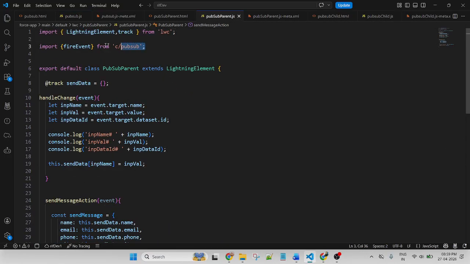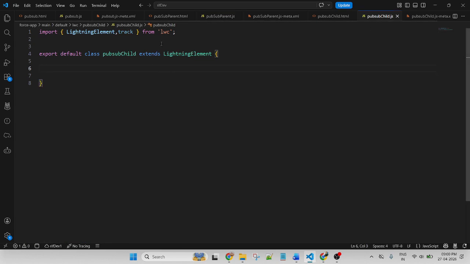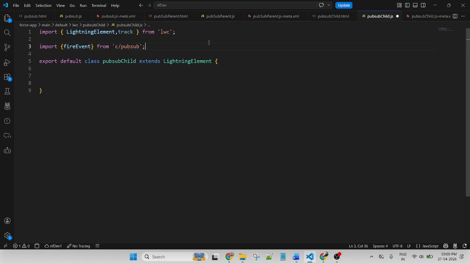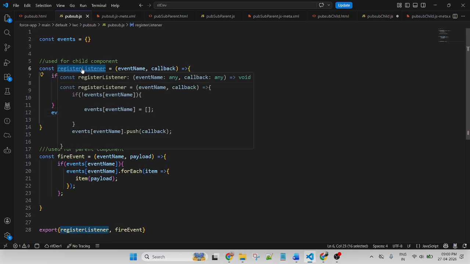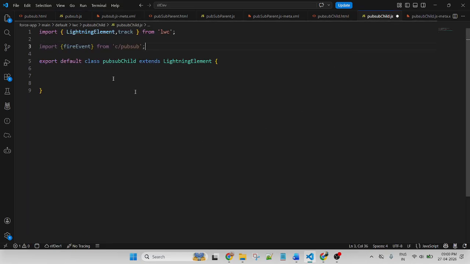Go to the parent component JavaScript, copy, and paste in the child component. First we need to import, so change the name of the function to registerListener. Instead of fireEvent, pass registerListener, and the component name will be the same.